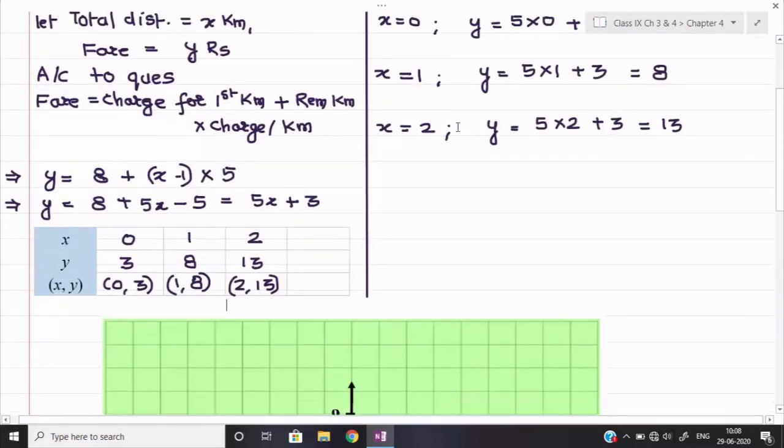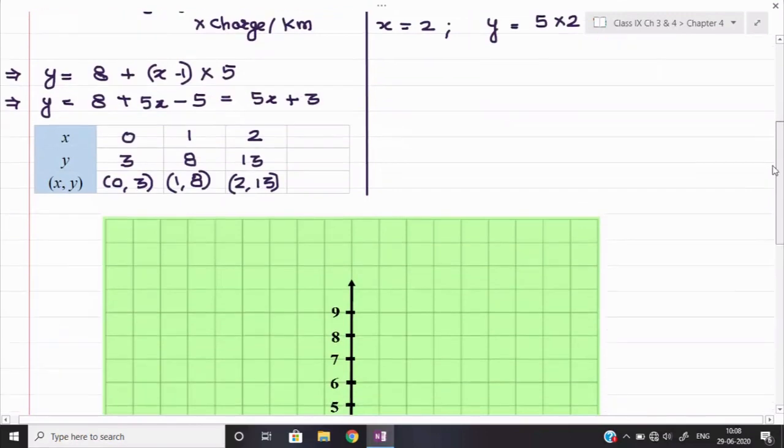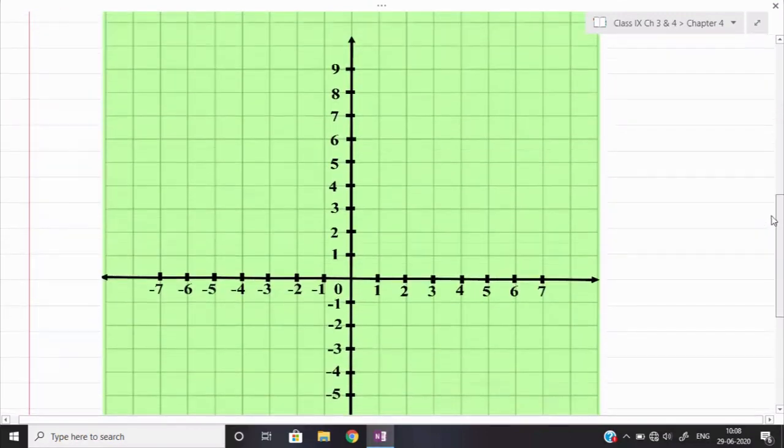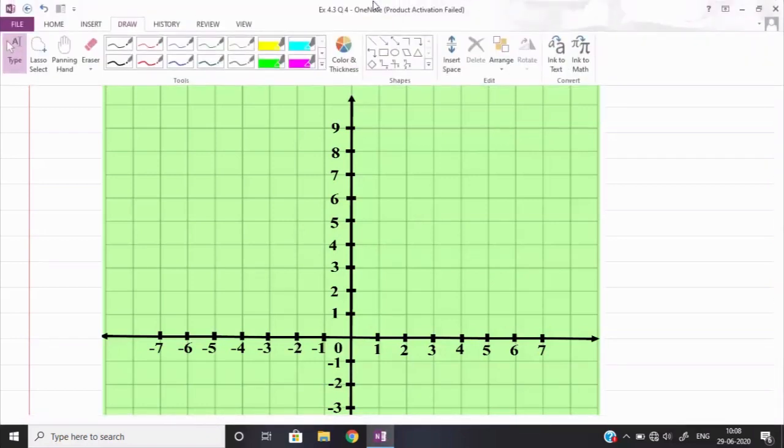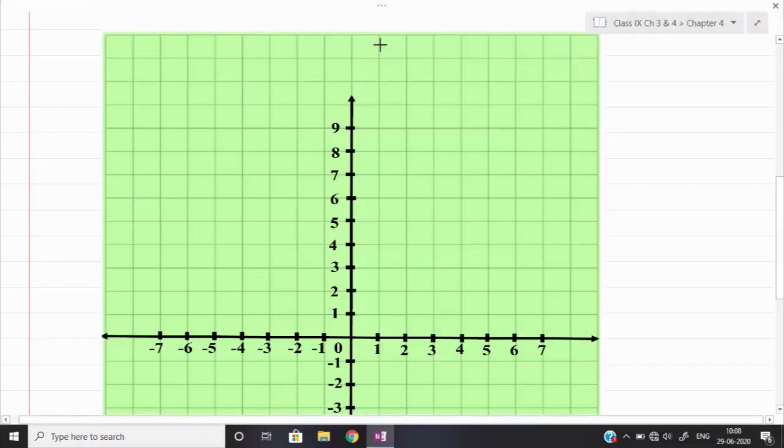Now once you look at the y-axis, we require values up to 13. On the x-axis we don't require values on the larger side. On the y-axis we have a limitation here. It can be written up to 13 over there, but it will be very long. In that case, we have already marked some points, so we can mark some more points and some more lines, and we will get it easily. So we'll make some modifications in the axis over here. Yes, in this way we can make some small modifications.